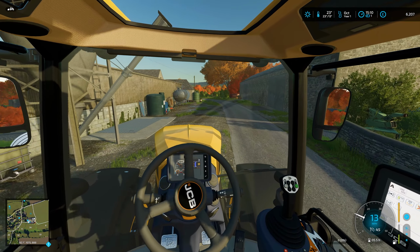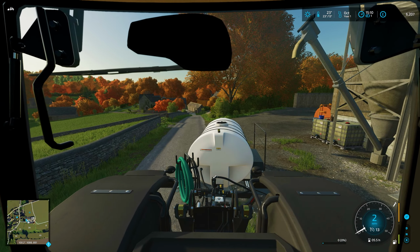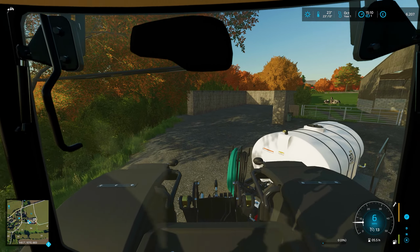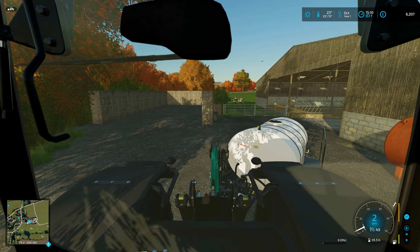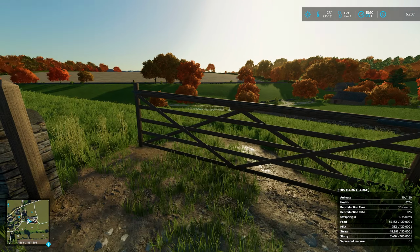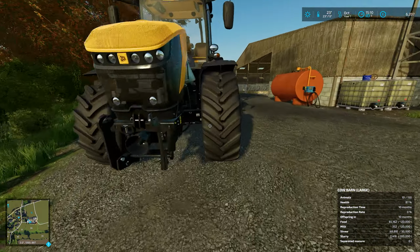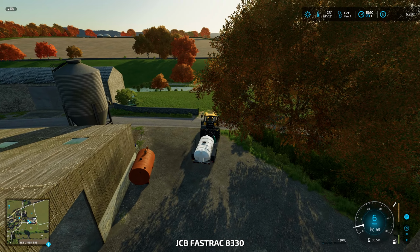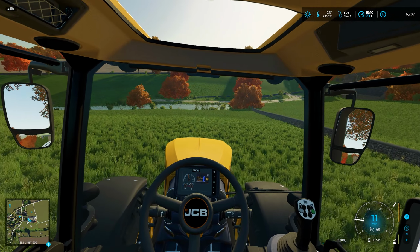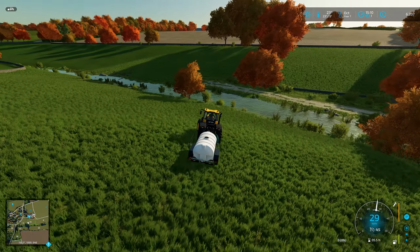Now, we need to sort of just go and back in. So we'll spin around. If we back across here, oh, we're nearly jackknifing that now. We should be able to go through, and if we go across here, we can open this gate. Now, I know it's not ours, but look, we can go pump it in from down there. Yeah, that's a good idea. Oh, we need to look forward, not behind us anymore. So we just borrow this farmer's field. Sure, they won't mind. We'll be able to go down here,